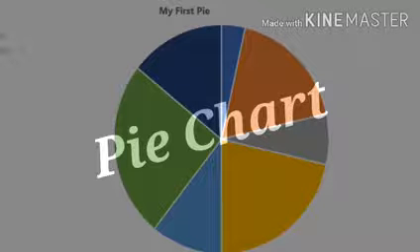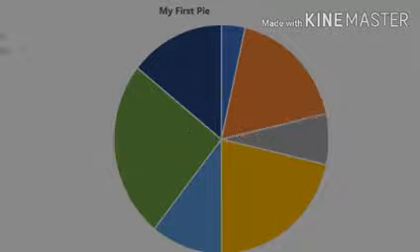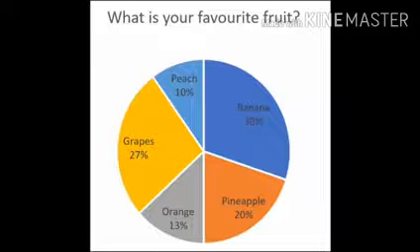Now let's learn about pie chart. Pie chart is also called circle graph or pie graph because it looks like a pie. In this graph, the information is represented inside a circle and it is represented in three forms, either in percentage